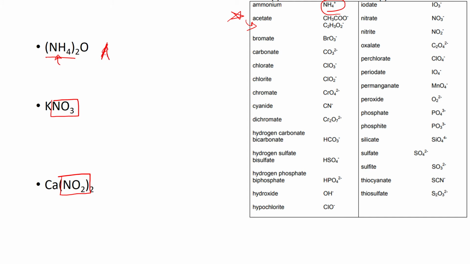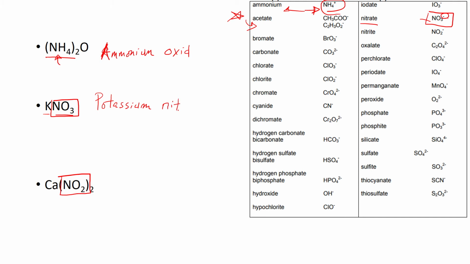Ammonium, oops, let's capitalize this. Ammonium oxide. Done. All you got to do is check it out inside the chart. This NH4 is an ammonium. And NO3, NO3 is right here. And when you're just given a name, you don't need to do all the funky math with the charges. We just know that NO3 is a nitrate. So it's K, which is potassium nitrate. Right, so it's just potassium